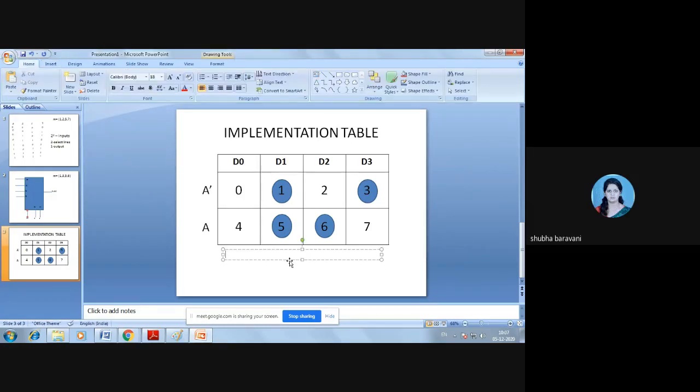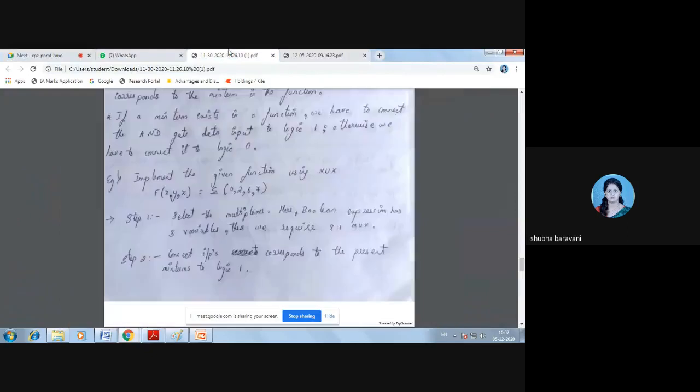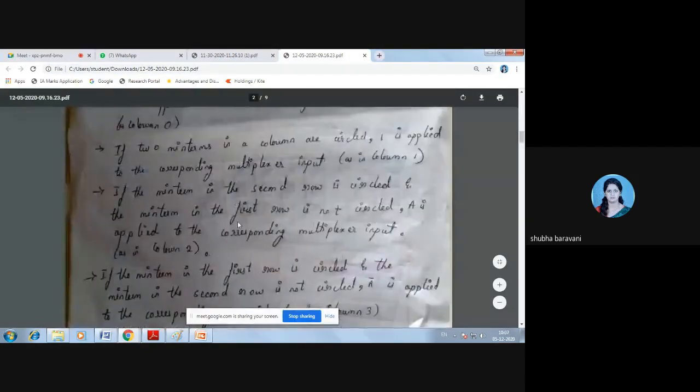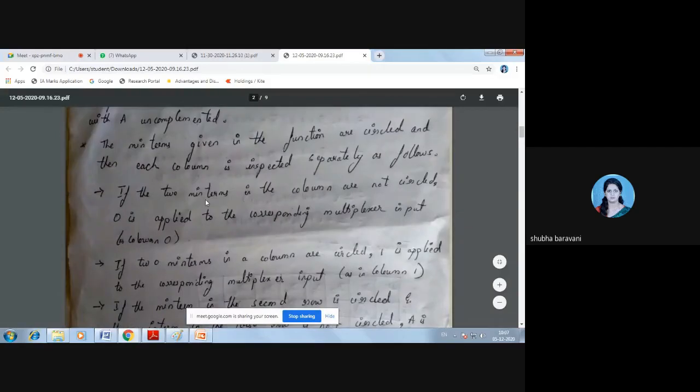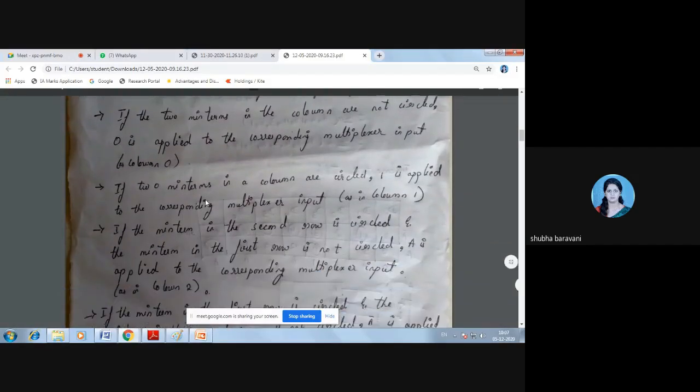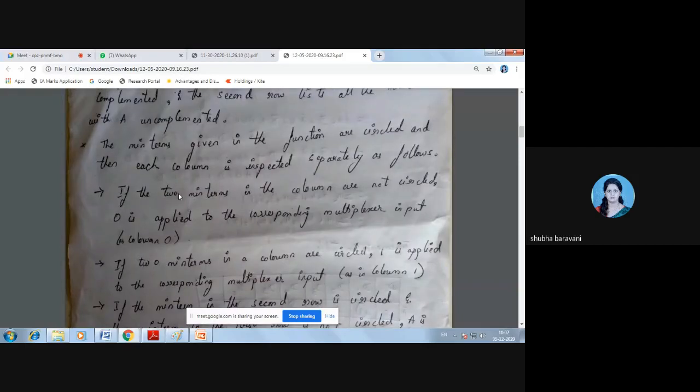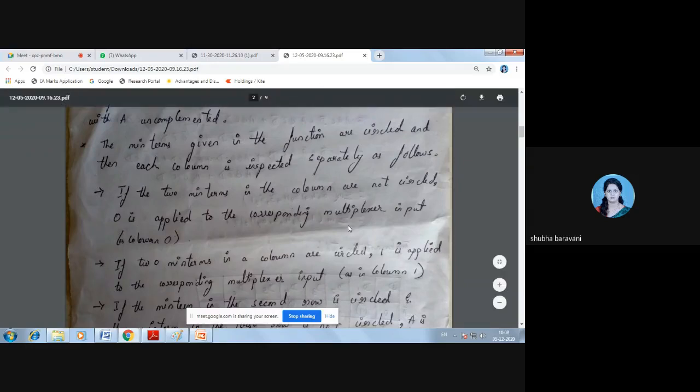Now what you have to do is go back to the PDF. See what is written here. If the two minterms in the column are not circled, then 0 is applied to the corresponding multiplexer input.